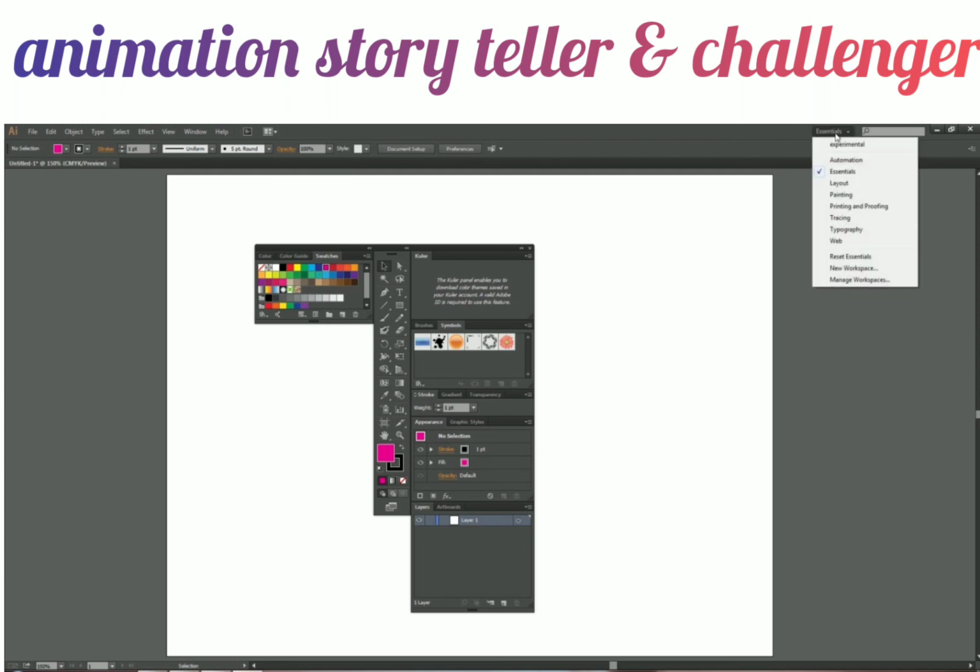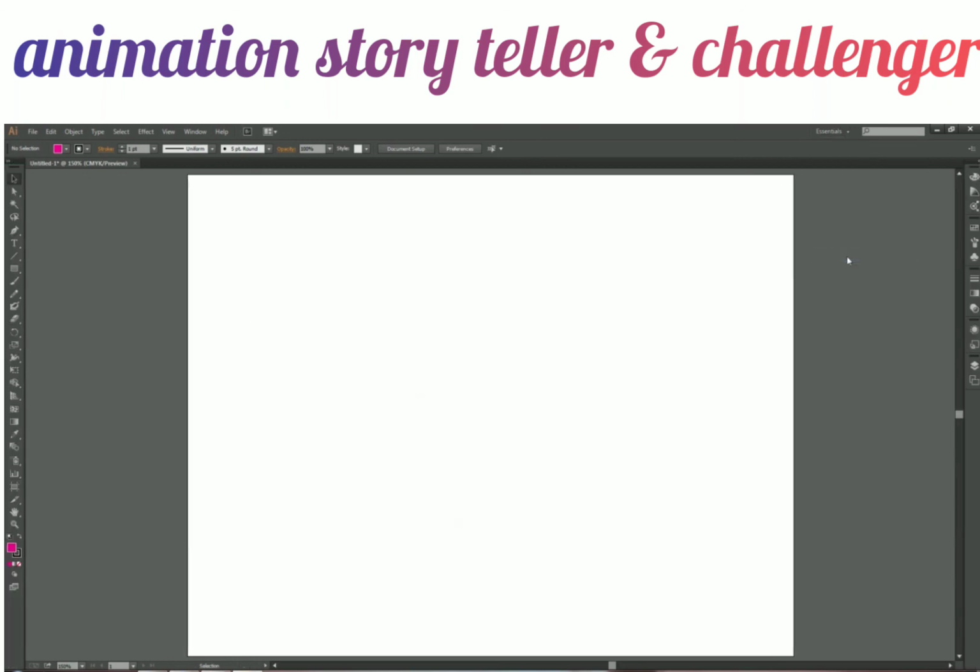Just click on Essentials and it shows all the workspaces. Right now I'm working with the Essentials workspace. When you go at the bottom, it says Reset Essentials. This will reset your workspace. So let's click on it, and yeah, I got the same workspace I was working with before, I mean, when I opened Illustrator. That's how my workspace layout was.